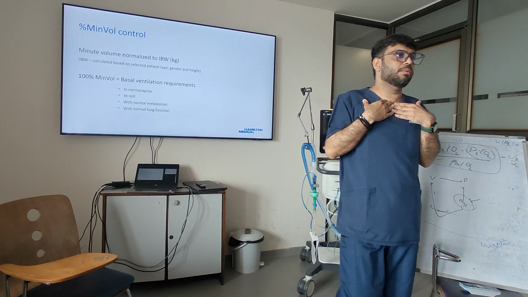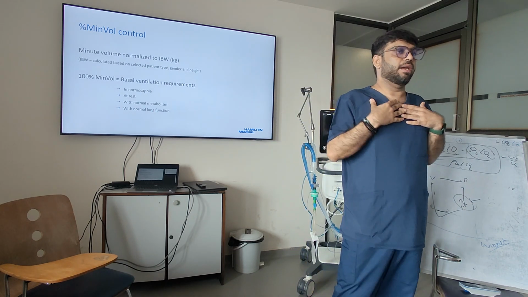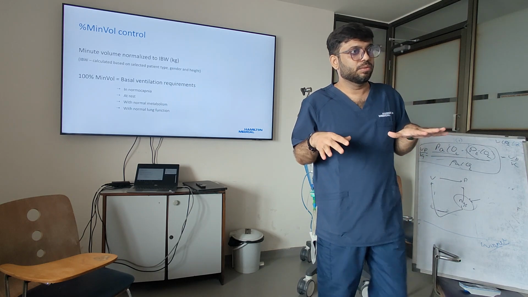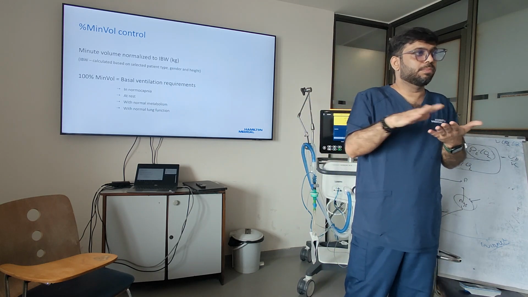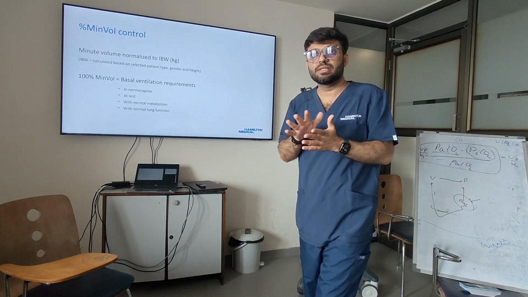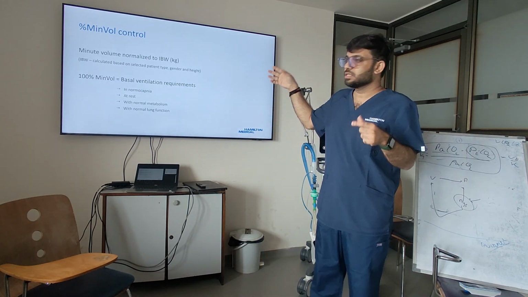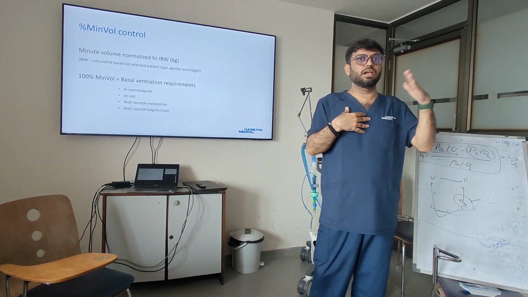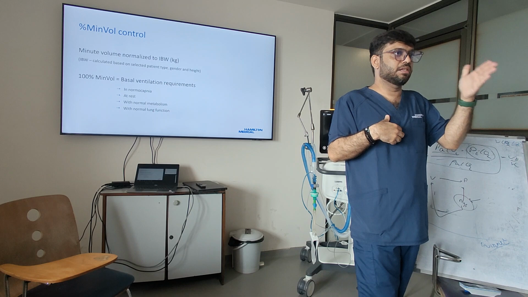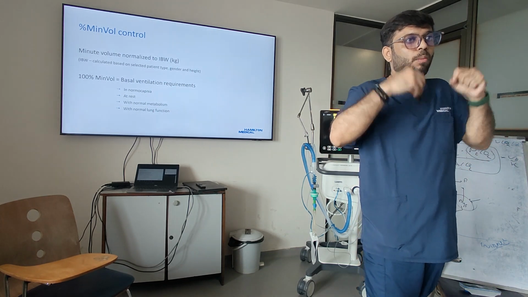Suppose I am 170 cm in height, my ideal body weight is 66 kg. As per my normal basal requirement, I'll have to set 100 ml per minute per kg. That means 66 into 100 becomes 6.6 liters of minute volume. So if I set 100% for me, it will target a minute volume of 6.6 liters per minute. That is my basal requirement, to start for a normal patient